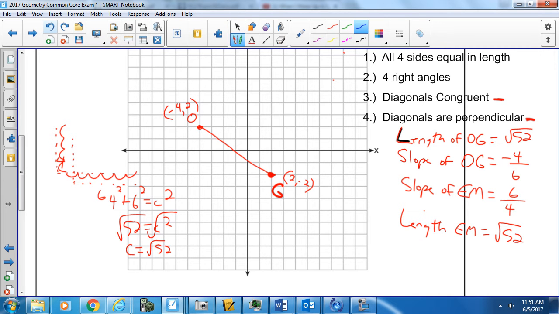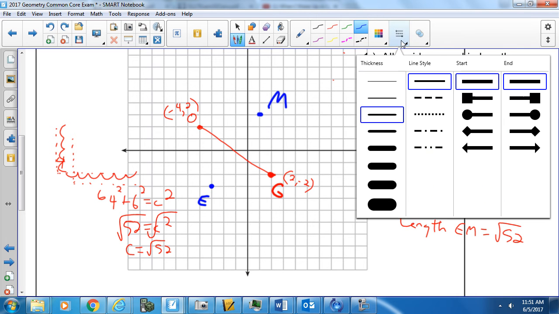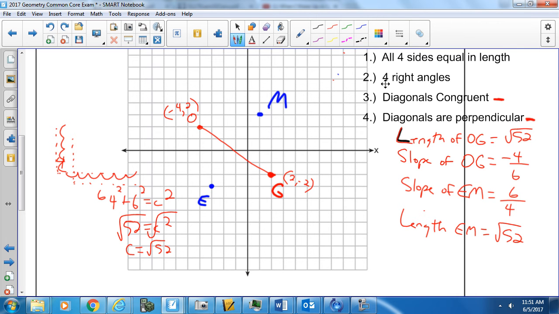Let's see if you go -3, -3, and let's see, 1, 3. All right, now let's look at these points. So let's say I thought this was it. So E and G, E, O, M. Now, if I do this,